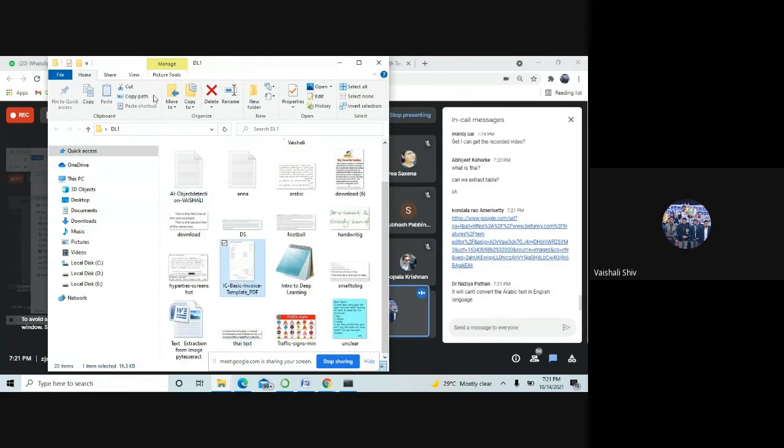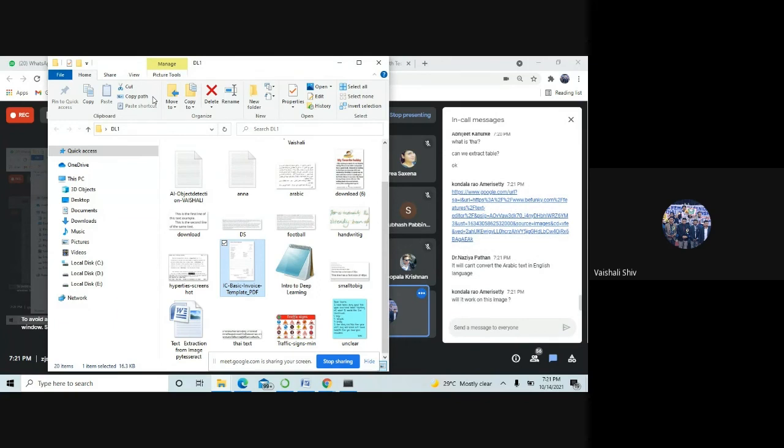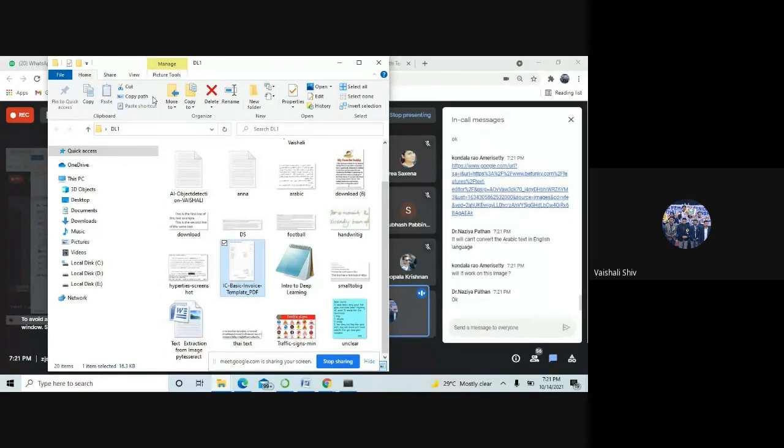It will detect, but it can't convert the Arabic text. For that you have a Google Translator library, Nazia, that is there. You have to use that library for translating this Arabic into any language, or from Arabic to English. Maybe possibly in the coming session I will come with that thing also.